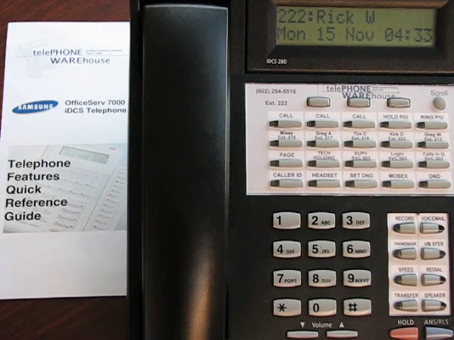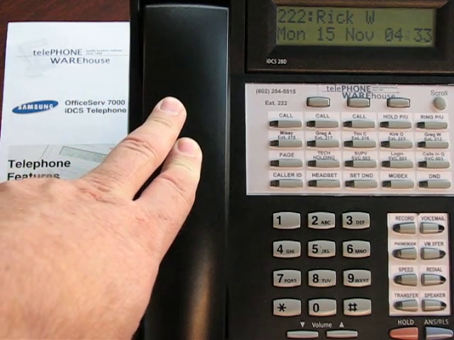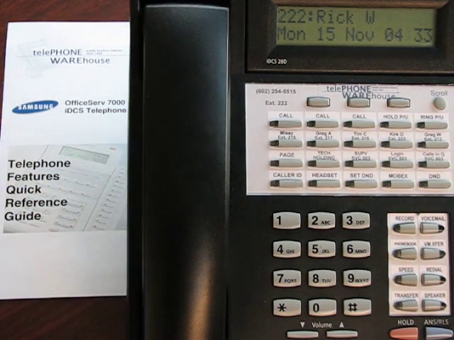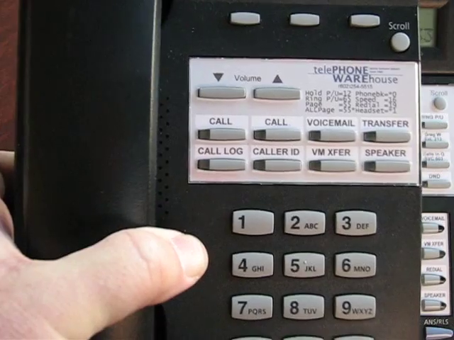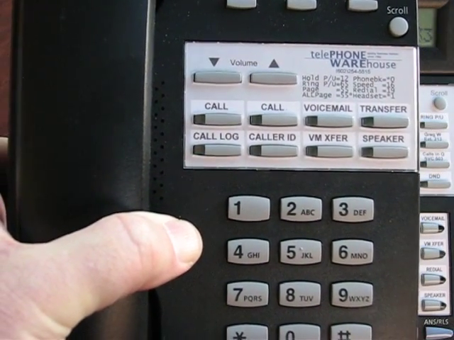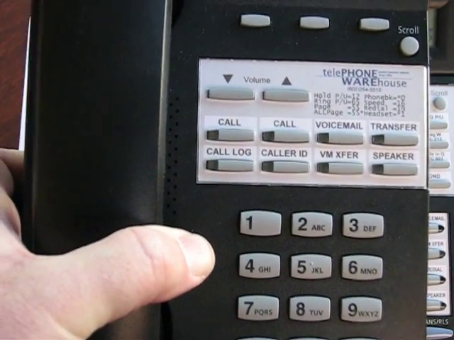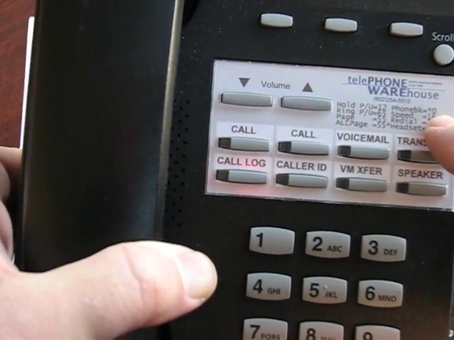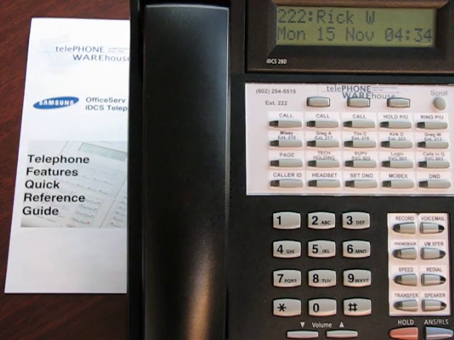For this training we are using the Samsung model iDCS 28D telephone. If you have a different model phone, the same features and usage apply. If you have a smaller phone, such as the iDCS 08 telephone, accessing some of the features may require using feature codes. These codes should be printed right on the faceplate of the telephone. Your Telephone Quick Reference Guide shows both the programmed buttons to press and the associated codes to dial to use